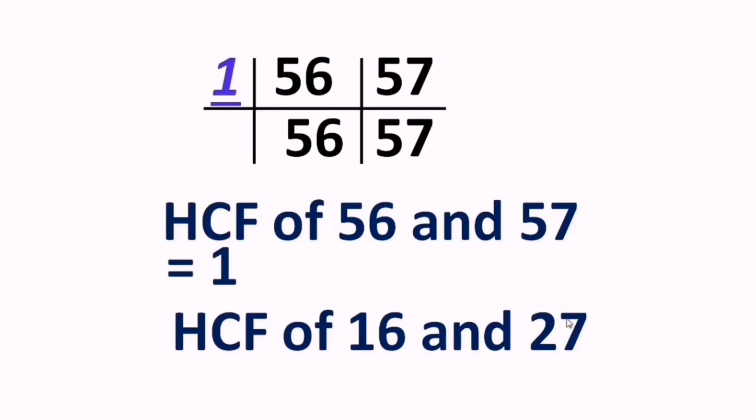So here is one more pair of co-prime numbers for you, 16 and 27. If you try harder and harder, even then you are not able to find a number which will divide 16 and 27, because they are co-prime numbers, and that makes their HCF 1, just like we got for 56 and 57. Okay, so I think I made it very clear to you all that for co-prime numbers, the HCF will always remain 1.